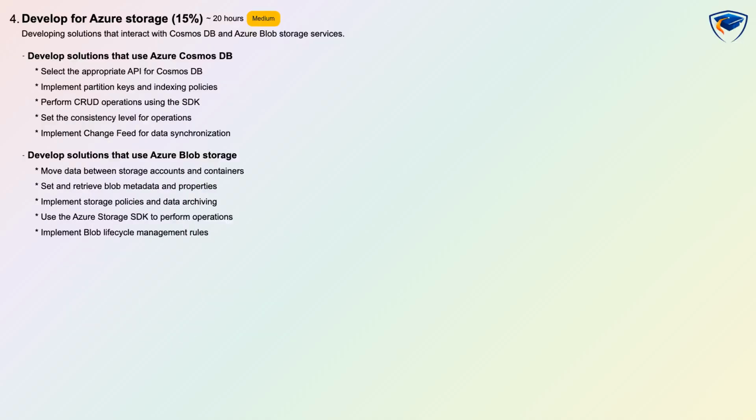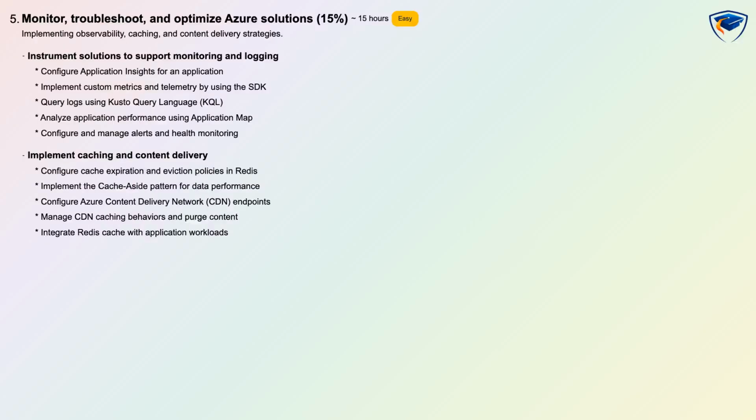In this domain, you'll also learn about implementing secure cloud solutions, managing keys, secrets, and certificates using Azure Key Vault, implementing managed identities for Azure resources, securing application configuration using Azure App Configuration, and encrypting data at rest and in transit. Moving on to the third domain, connect to and consume Azure services and third-party services, which accounts for 20%